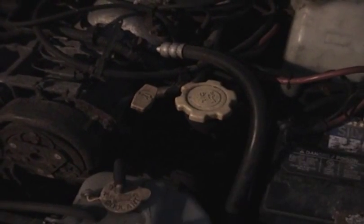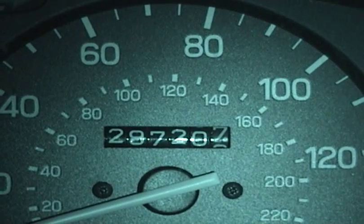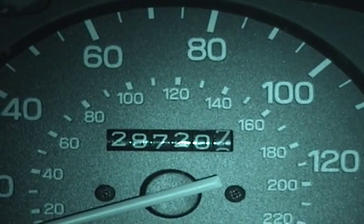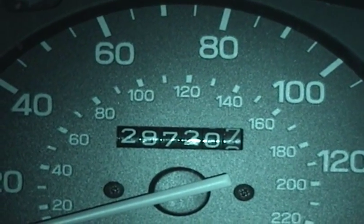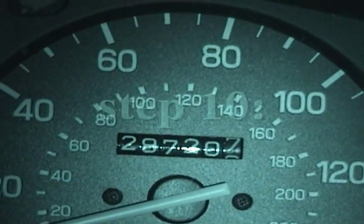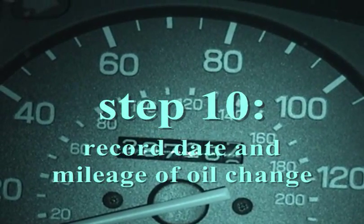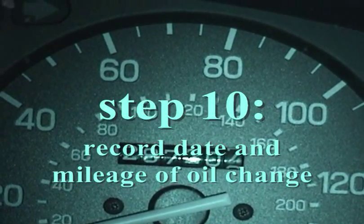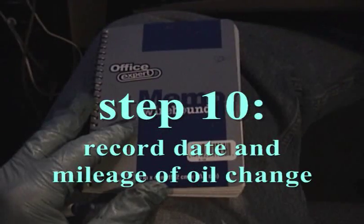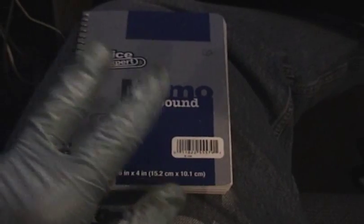Okay, the oil is changed, but there are actually 3 more steps that I would like to show you. So give me 1 second here. Okay, right now we're in the car, and I'm looking at the odometer, and that says 297,207 miles. So the reason I'm taking note of the mileage reading is because I keep a little maintenance log